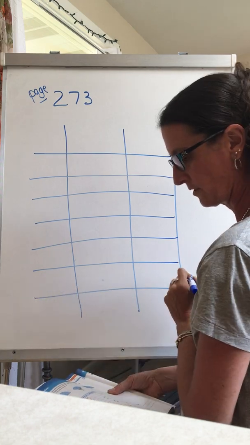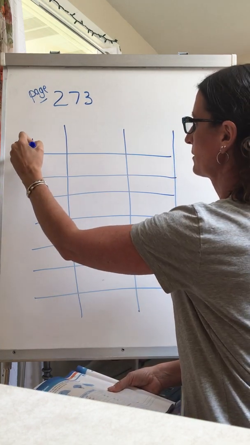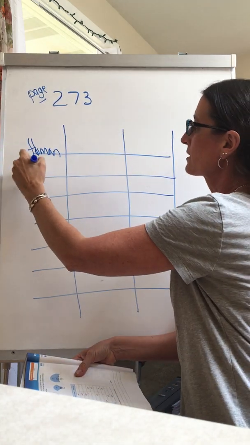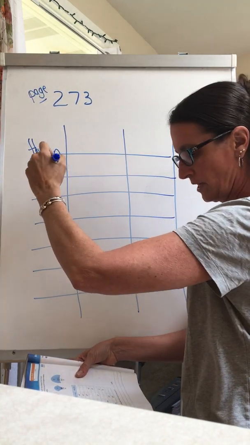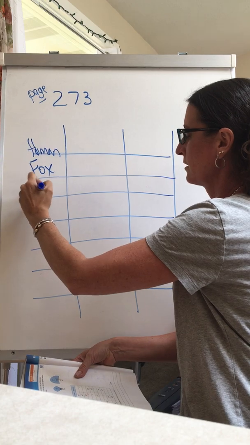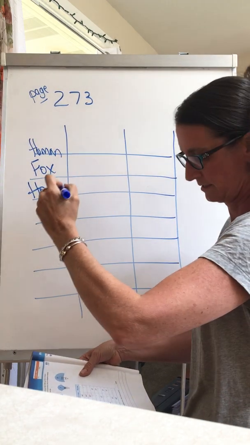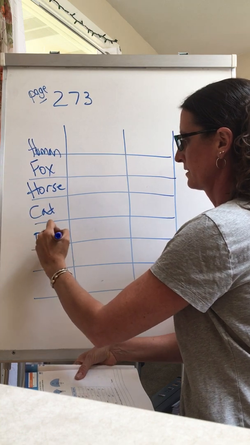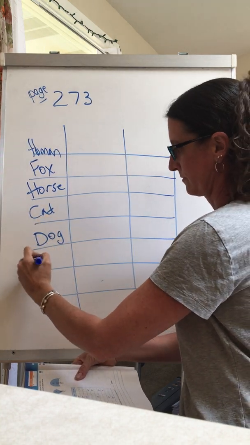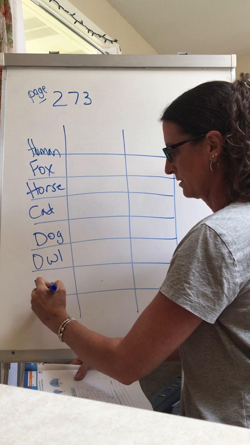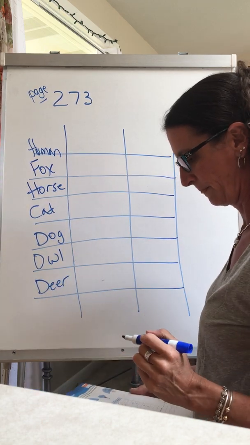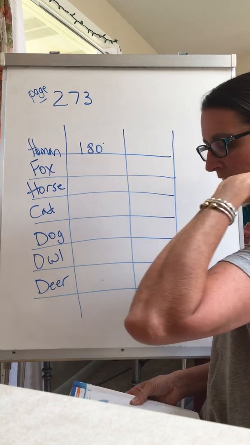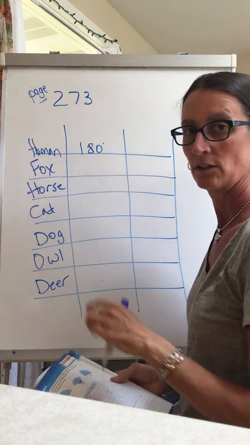Okay, so I'm just going to start off with these. So we've got our human and our fox, and our horse, cat, dog, owl, and deer. Okay, so if a human has 180 degrees that they can see, looking at